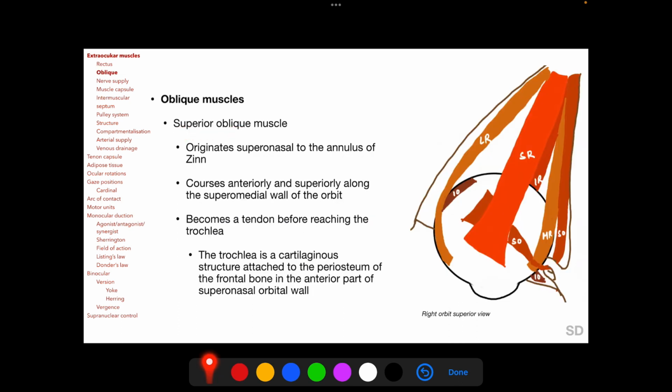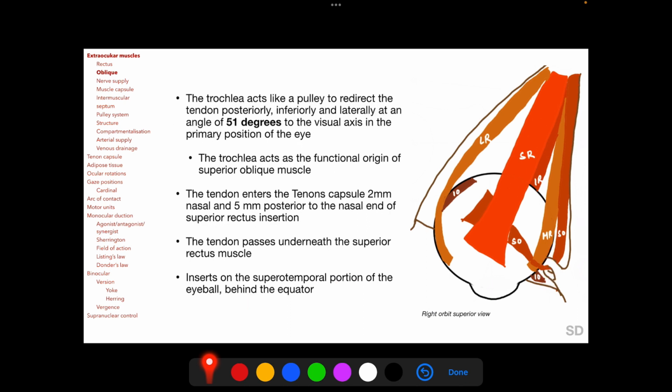The superior oblique muscle originates supranasal to the annulus of Zinn. It courses anteriorly and superiorly along the superomedial wall of the orbit. The superior oblique muscle becomes a tendon before reaching the trochlea, where it is redirected posteriorly. The trochlea is a cartilaginous structure attached to the periosteum of the frontal bone in the anterior part of the supranasal orbital wall. The trochlea acts like a pulley to redirect the tendon of the superior oblique posteriorly, laterally and